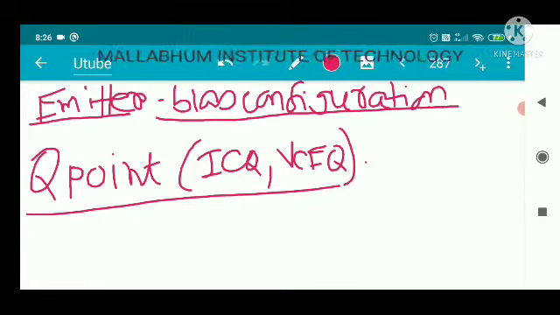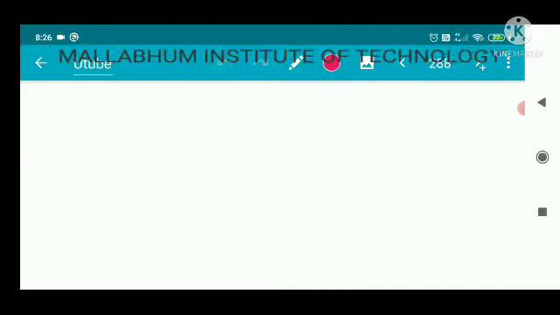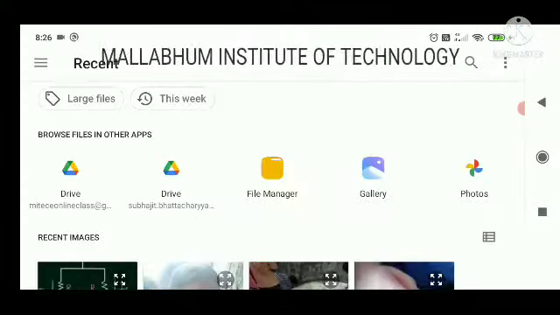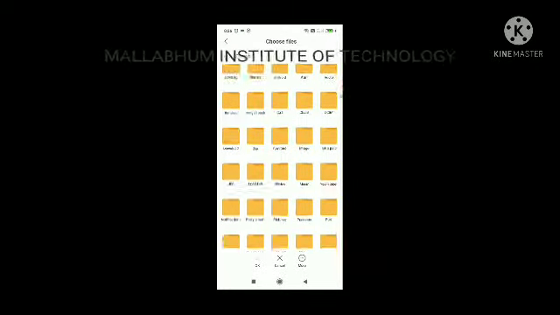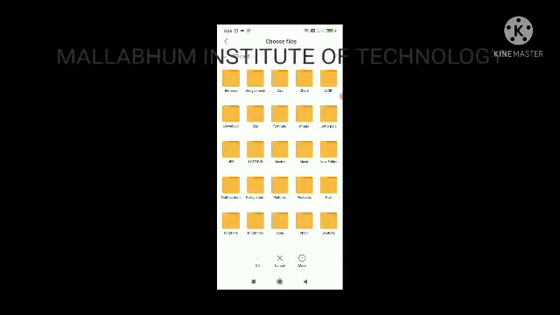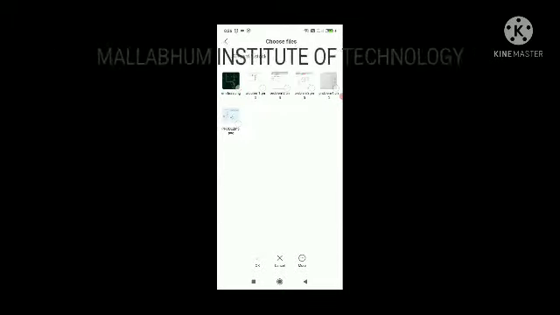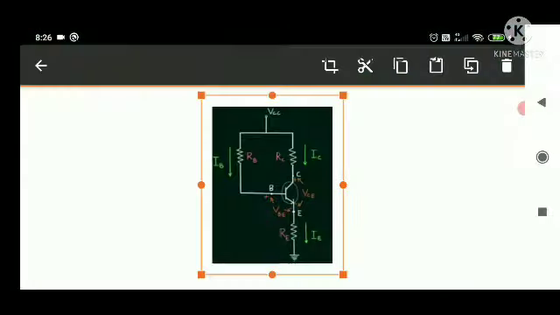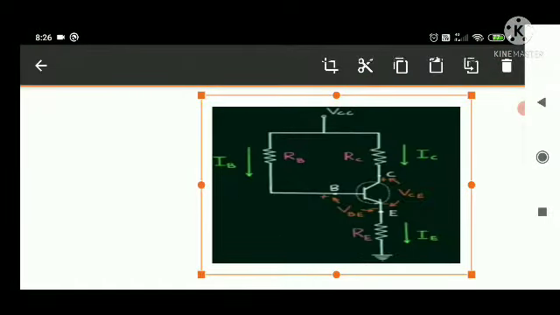Okay, so first look into the circuit. So I'm just first drawing the circuit. Okay, so this is your circuit,